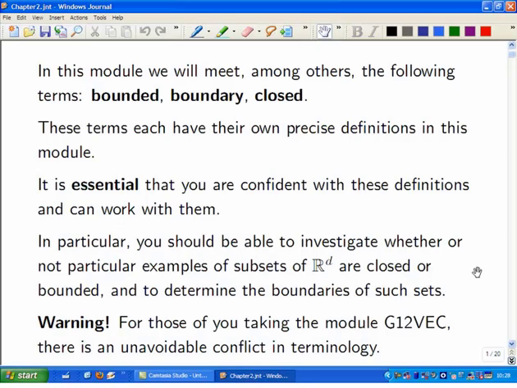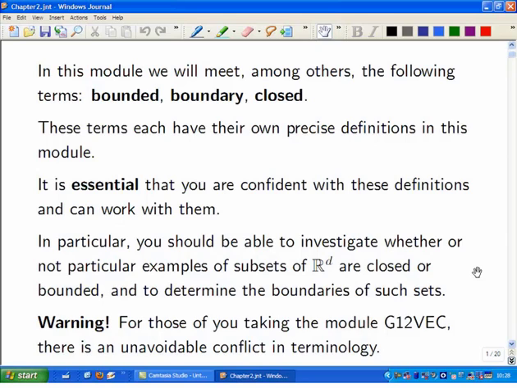Now, we haven't defined closed yet, or open. We're about to define bounded. But one of the things you're expected to be able to do in this module, once we've done some examples, is look at various subsets of R^d and work out for yourself which properties they've got and which properties they haven't got. So you're going to be expected to figure out whether or not a certain set in R^d